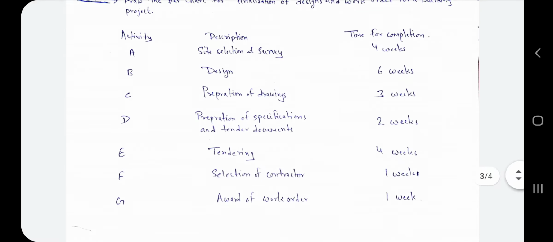Now after site selection and survey, we have to make a drawing, which we call an AutoCAD drawing. So for preparing the AutoCAD drawing, we need the site survey. That means preparing the drawing starts when the site selection and survey has ended. So see here, this drawing starts when the site selection and survey is ended.